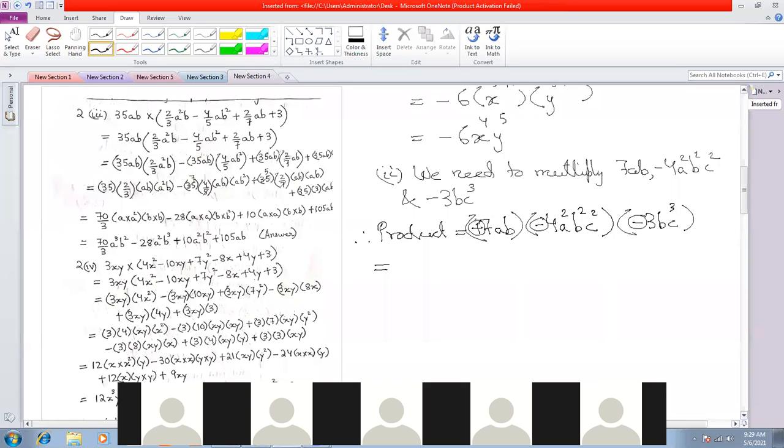So what are the signs here? Plus and minus will combine to give you a minus, and this minus and this minus will combine to give you a plus. So ultimately you have a positive sign, which you don't need to write, right? Understood this part? Positive and negative sign combine to give you a minus, and the minus and the minus sign combine to give you a plus. Yes, sir. Now we shall multiply the coefficients. So give a plus sign, so we don't write the plus sign. 7 into 4 into 3. Okay, because we have multiplied the signs together already, we don't need to take the signs.